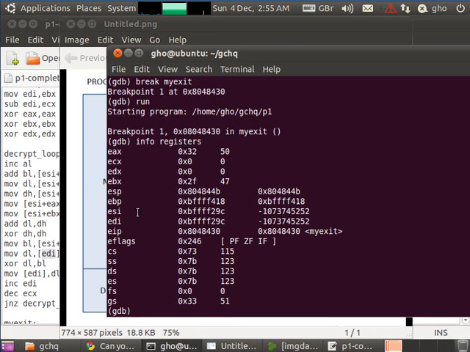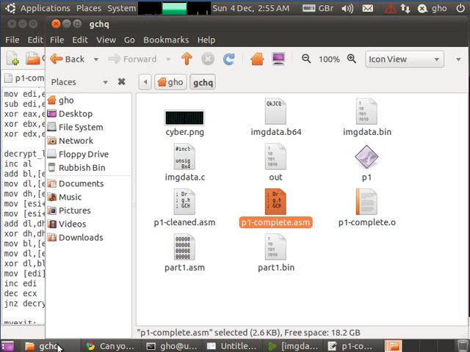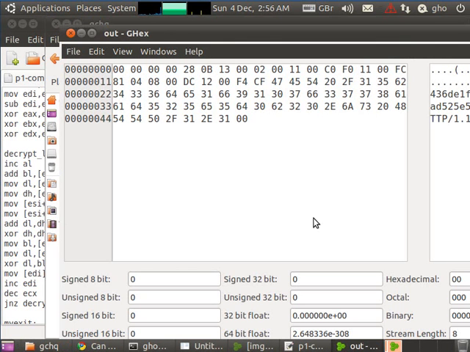So there's the EDI register just there. So let's copy and paste that. And I'm going to say dump binary memory to the file out, starting at address 29C. Well, that's the end, so we need to take something away from here, so I'm just going to put 50, and then finishing at the address 9C, and dump that. If we look in our directory, there should be a file called out. Let's open it with the hex editor,